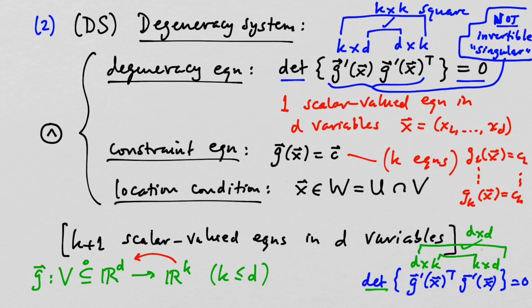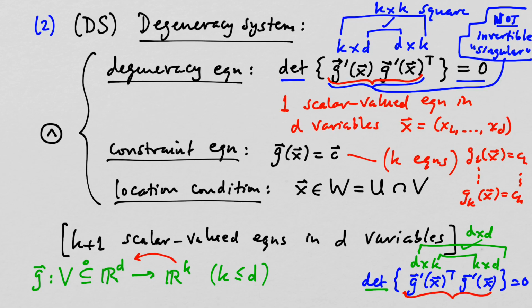And in fact, it turns out that this product here is singular precisely when this other product here is singular. Although those two matrices are not the same: one of them is a k by k square matrix, the other is a d by d square matrix. So if k and d are different, they're not even of the same size. But even if k and d were equal, they still wouldn't necessarily be the same matrix. Anyway, it doesn't matter, because